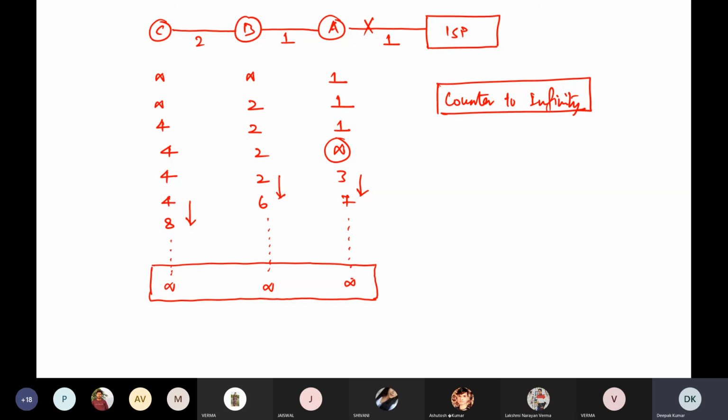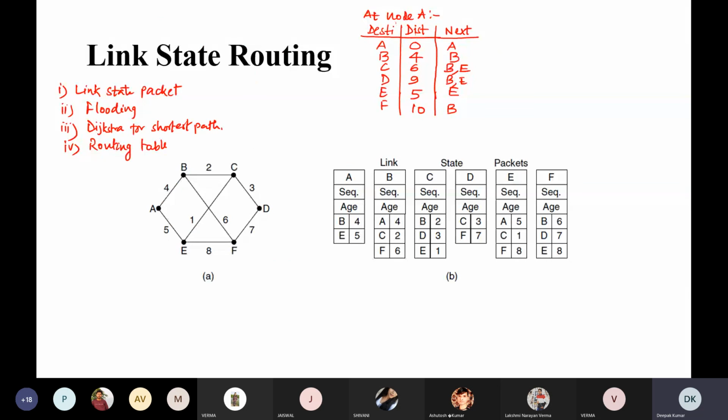So if some methodology is to be modified in the distance vector, the node or the path information should also be shared. Means routing table में ये जो distance vector जो share करते हैं, not only the distance vector, it's better to share the distance vector with the path, or via which node it is going through. This is the modification that has been done, and another name of this routing algorithm is called link state routing.